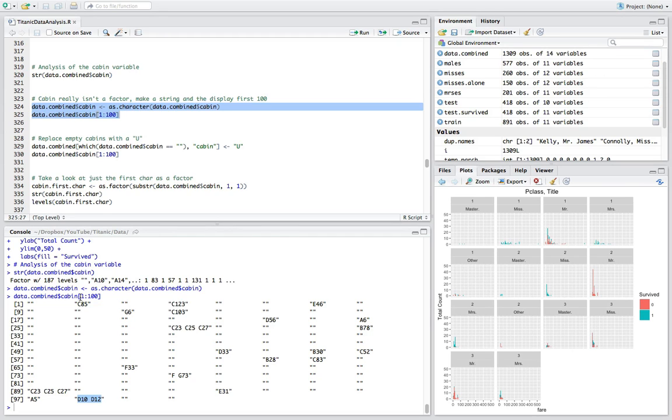Not only do we have the idea that, if these letters represent decks, which is highly likely, that may actually be predictive. Because the intuition would be that the further up the decks you were, the higher you were in the ship from the waterline, the closer you were to the lifeboats, and also you were probably a more wealthy, more influential person. So all that probably combines to say you probably had a higher survivability rate than folks that were